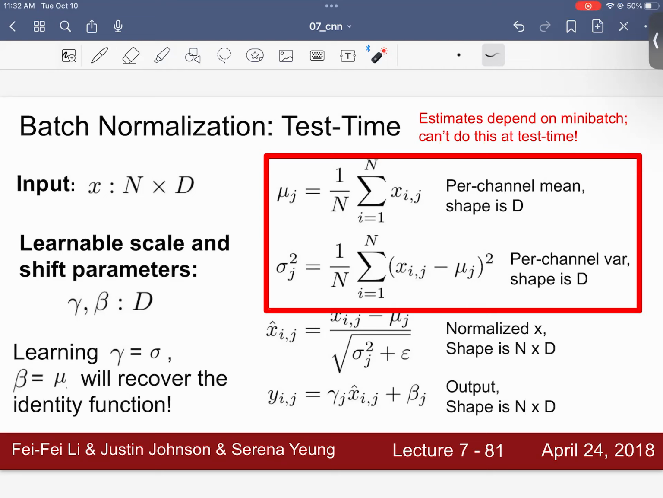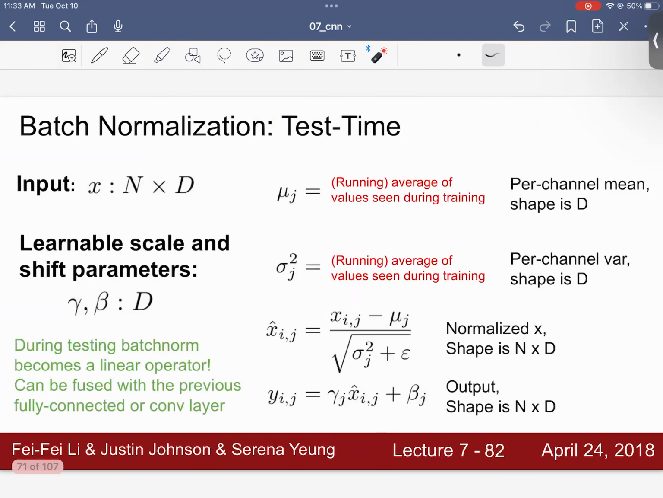Sometimes you only test one sample at a time, you can't have a mini batch, meaning that you can't do batch normalization. So you can't do this at test time. So what you end up doing is you do a running average of values seen during training. When you train your model, you keep a running average for mu and sigma over many iterations, and then you keep those mu and sigma around, and then you use them